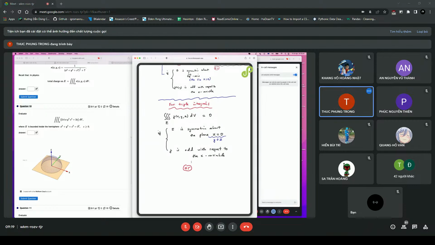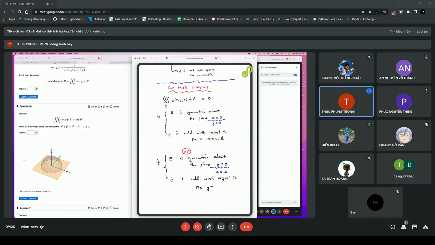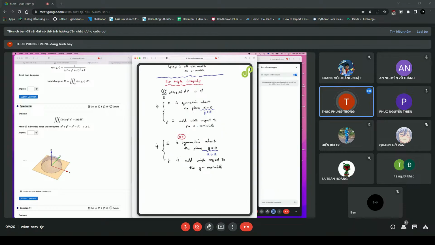If E is symmetric about the plane y equals 0, or you can say the plane xz if you want, and also the function is odd with respect to the y variable, then you can immediately say that the integral is 0. And also, if